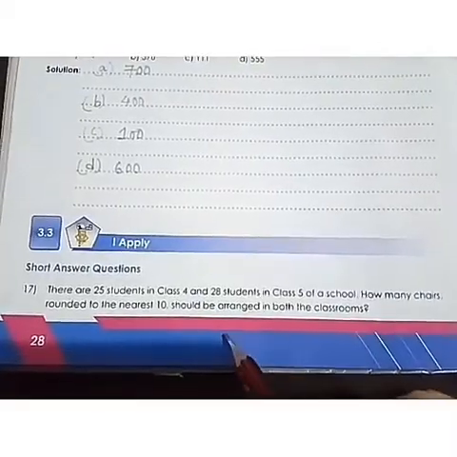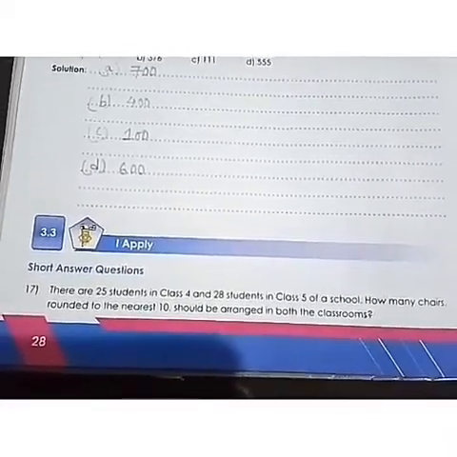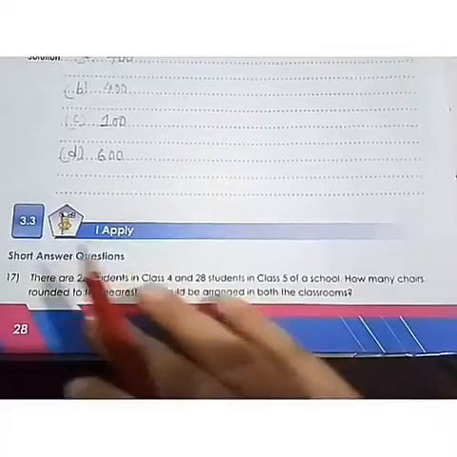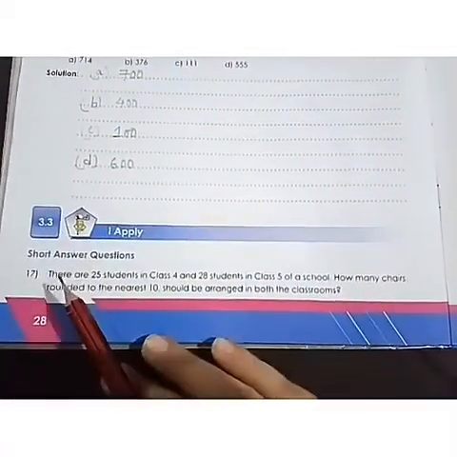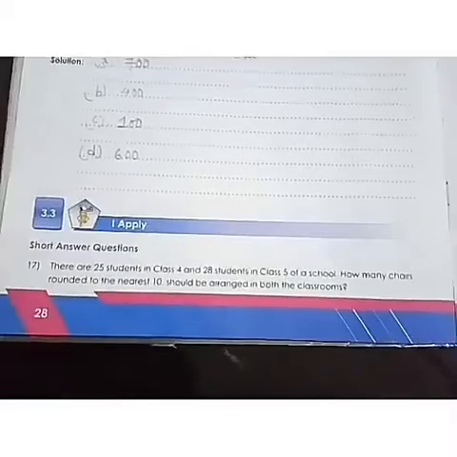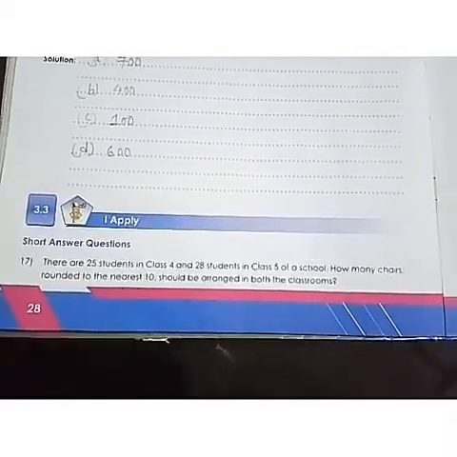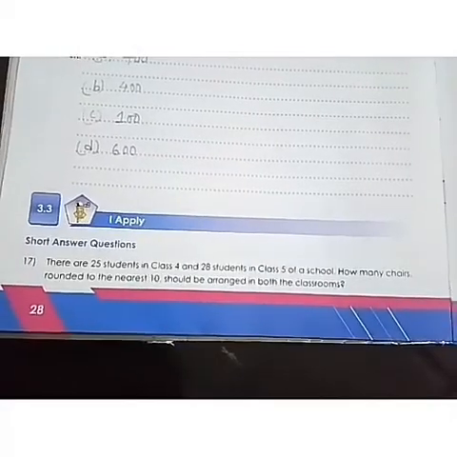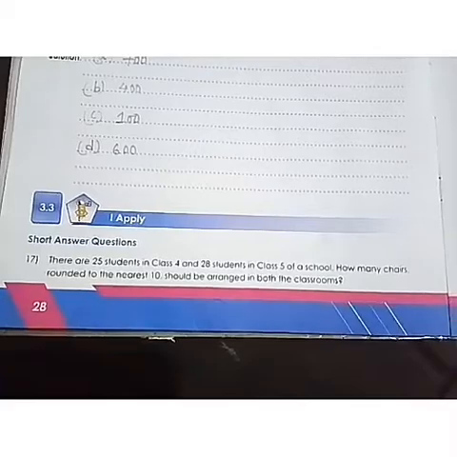Now there are some word problem questions related to rounding off, whether it is rounding off to the nearest 10, 100 or 1000. So when there are questions in this way, these are not word problems. These are direct questions given to you. But when there are questions where a story is involved, this is known as a word problem. In a word problem, when you solve it, you have to write the statements. Whether it is one sentence or 2 lines, you have to write it down. You have to mention it.